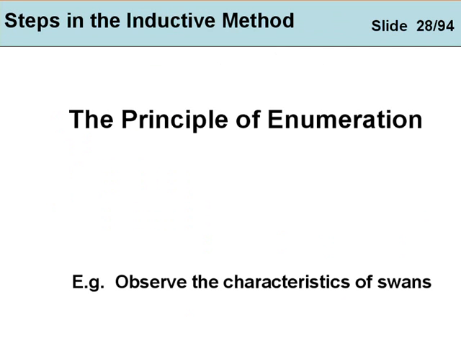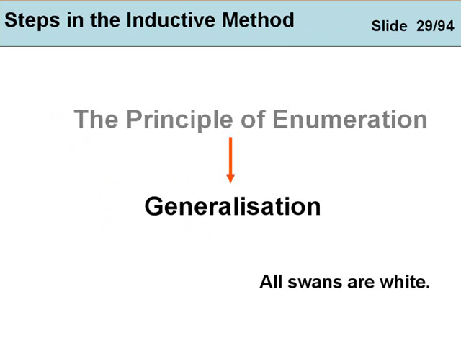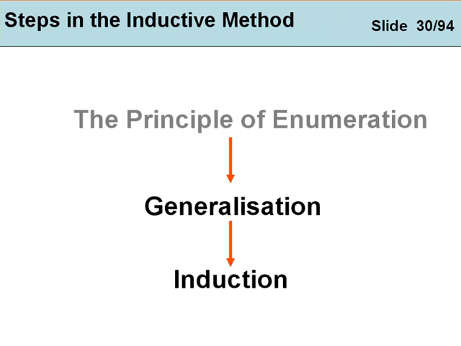Now, we go for some sort of generalization about swans. Well, the generalization is that all swans are white. How do we know all swans are white? Because we've always observed swans, and swans have always been white. So, we've generalized. All swans are white. We have induced it. We've induced it from our observations. Let's do this with symbols. A little bit more abstract, but let's just establish the principle here.